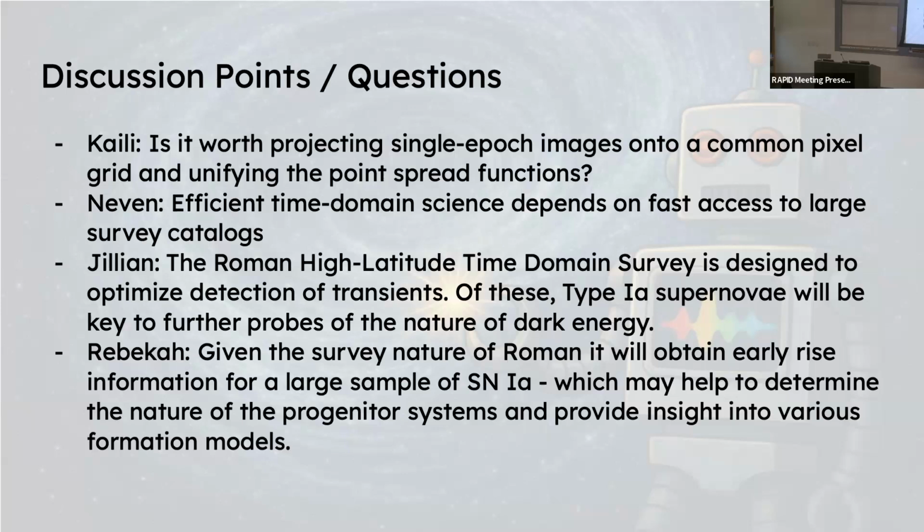Yeah, no, this is a great question. So we are tasked with delivering the 1A stuff, but we'll obviously have the stuff for other objects as well. And we've been thinking about releasing that and how we might go about doing that. Whatever information we have, we'll release to the community as soon as we have it. So we can release the probabilities of it not being a 1A and being something else as well. The exact method through which we'll do that will obviously have to be for discussion with everybody.